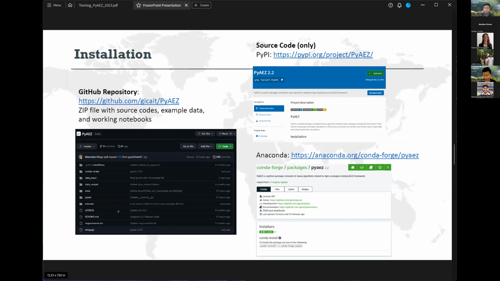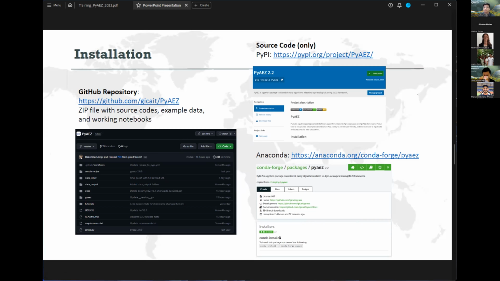It will be equipped with source code, example data, as well as all the example notebooks that you can run through. We use Jupyter Notebook, a working notebook with boxes where you can run the code directly, and that's easier for people to learn. So if you're a beginner, I would advise you to work off these zip files.